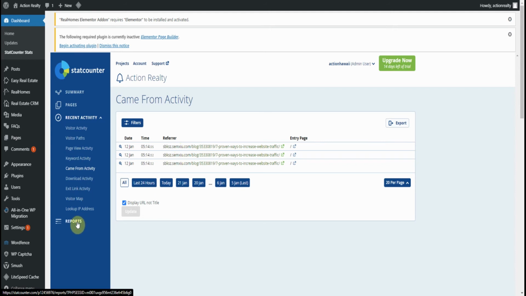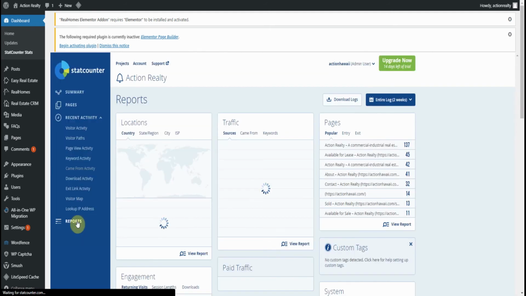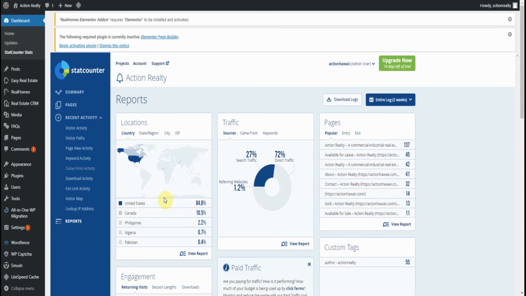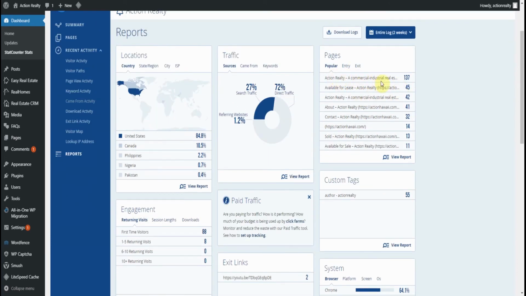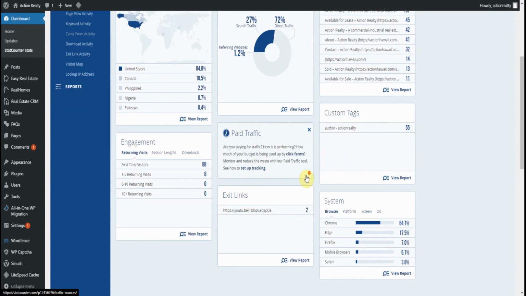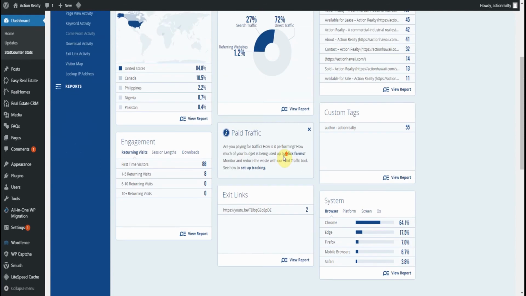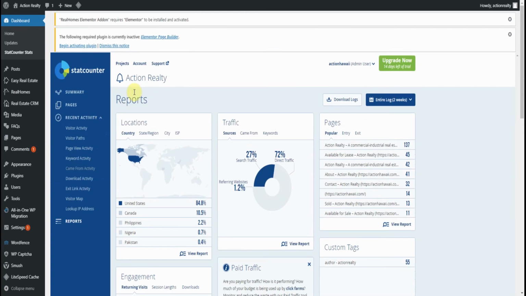And here's an overview, and it can show you a world map of where they came from, what type of traffic, how they came, what pages were viewed. A lot of information in the free version. You would have to look at the StatCounter website to see what the pro version offers, and if it's worth paying the extra monthly fees